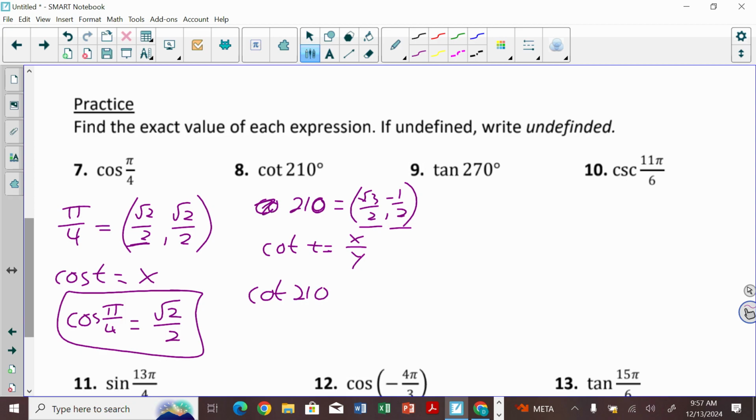So cotangent of 210 is square root of 3 over 2 divided by negative 1/2. And as you work that out, you'll end up just getting the square root of 3